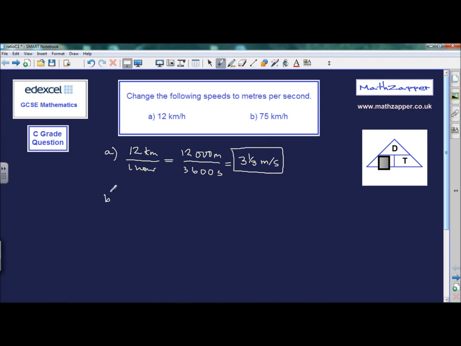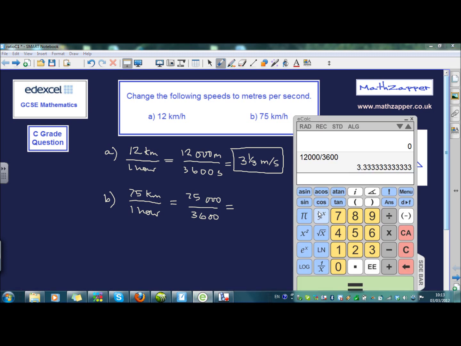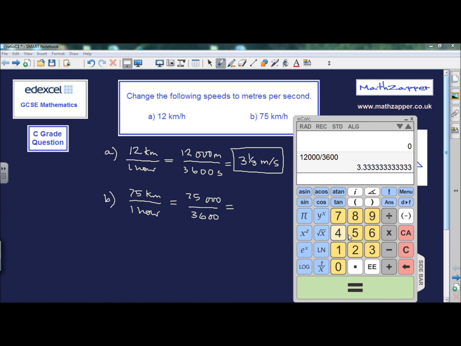Moving on to part B, exactly the same principle. 75 kilometers at the top of the fraction, 1 hour at the bottom of the fraction. Convert those to meters and seconds and we have 75,000 meters divided by 3,600 seconds. And again, taking the calculator, we have